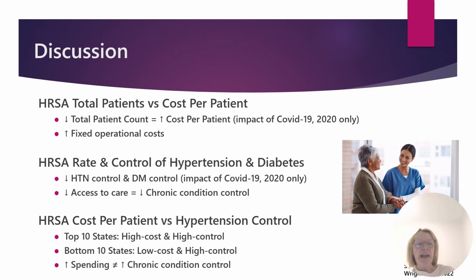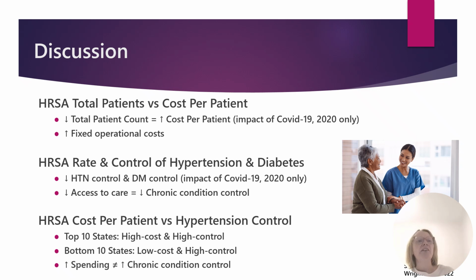The cost of delivering ambulatory care continued to increase even with the decrease in number of total patients. A study by Wright et al. in 2021 confirmed that during the COVID-19 pandemic, community health-based centers encountered higher costs per patient with a reduction in patient care, especially those in rural areas. Wright et al. in 2021 concluded the fixed operational costs of community health centers, such as implementation of safety supplies and protocol expansion, staffing and workflow inefficiencies, and the transition to or expansion of telehealth services also contributed to the